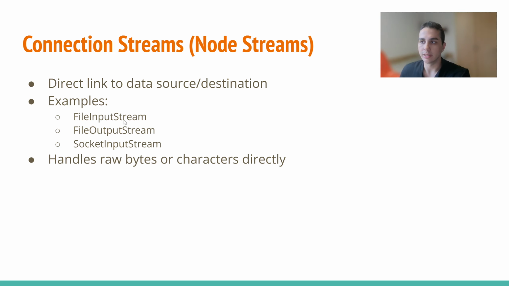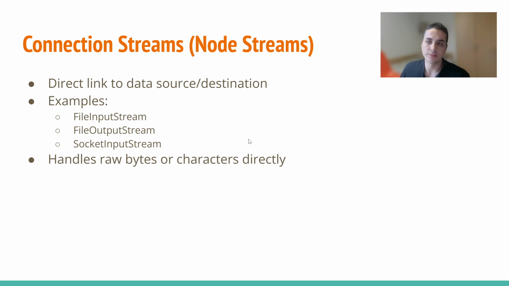FileInputStream reads bytes from a file. FileOutputStream writes bytes to a file. And SocketInputStream reads from a network socket, which we use as input, and so on. They can stand on their own because they know how to interact with the source or destination, like files or networks. We can think of these as the low-level conduits to some place where data comes from